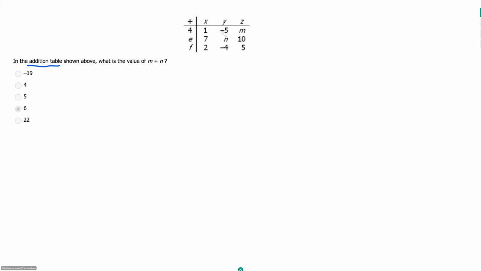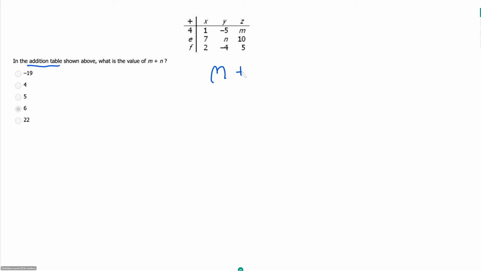So if this table throws you off a bit because you don't recognize it as something familiar on the GMAT, it's not that complicated. Each cell here in the table is the sum of its corresponding headings. So we can say, for example, x plus e is equal to 7. And so if we're looking for m plus n here,